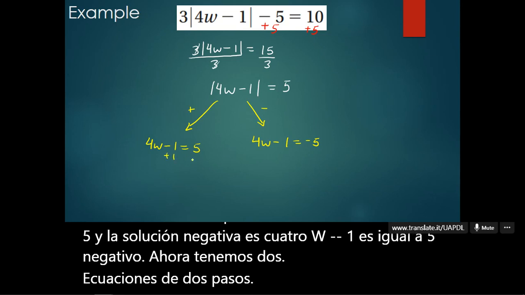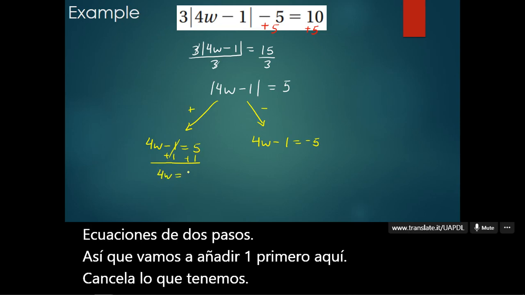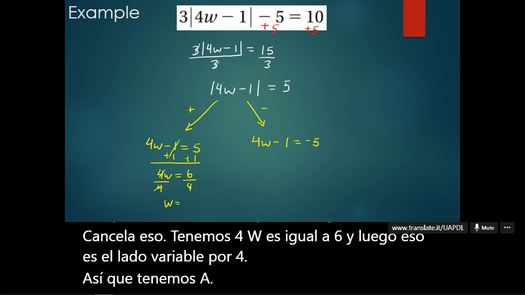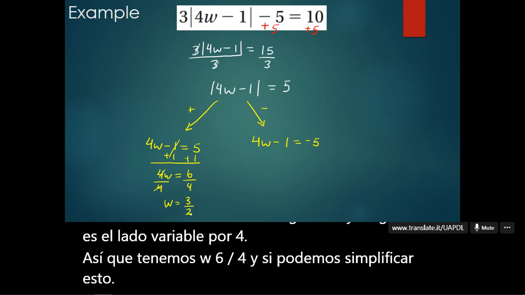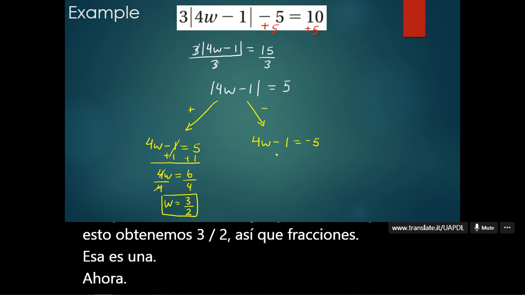So let's add 1 first here. Cancel that out. We have 4w equals 6. And then let's divide both sides by 4. So we have w equals 6 over 4. And if we simplify this, we get 3 over 2. So that's one solution. Now, if we go back to the negative solution and add 1 to this on both